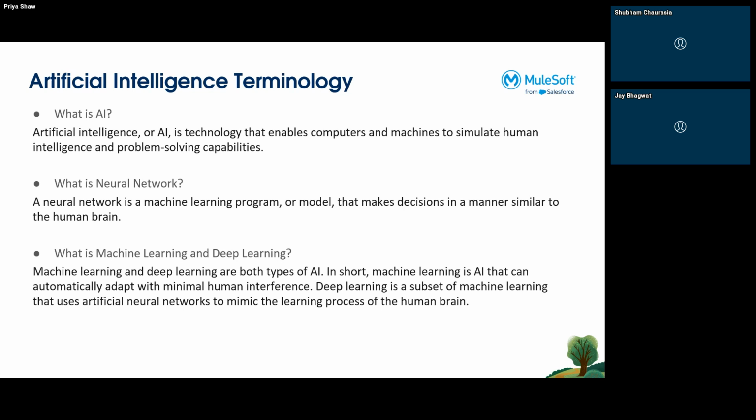These models are trained with a huge amount of data so that they can make predictions in a manner similar to how humans predict. Coming back to machine learning and deep learning, the major difference between these two terminologies lies between